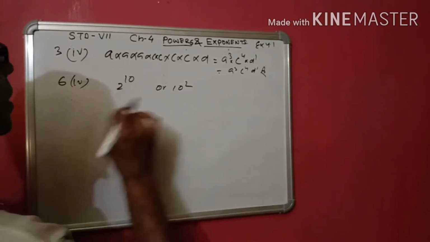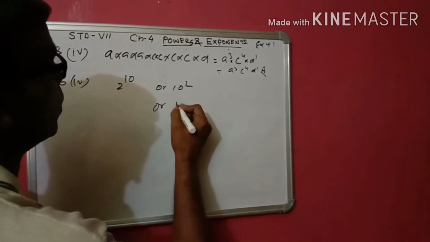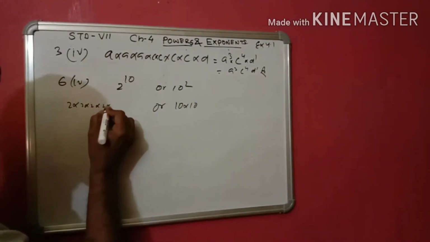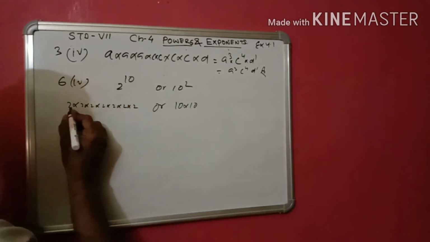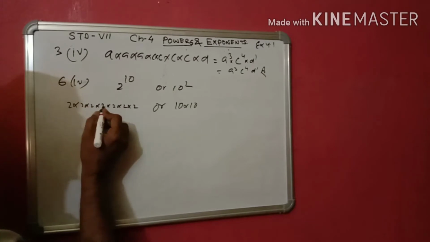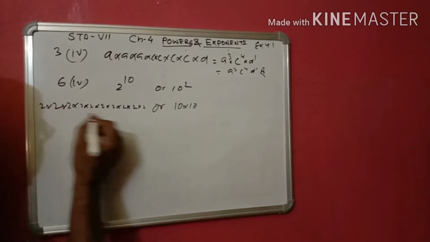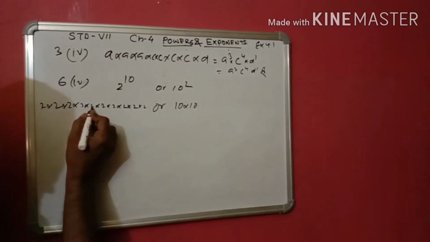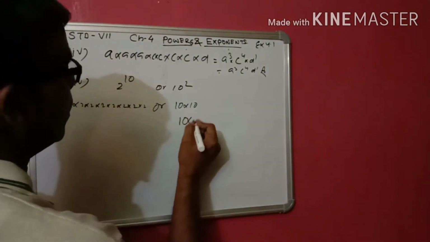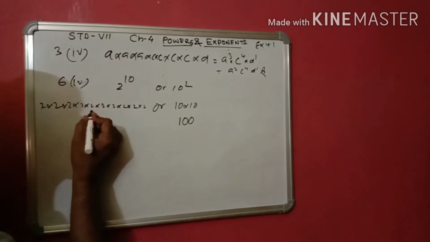Here it is 10, and here it is 2, so I can write this as 10 into 10, and this as 2 into 2 into 2 into 2 into 2 into 2 into 2 into 2 into 2 into 2. Count: 1, 2, 3, 4, 5, 6, 7, 8, 9, 10. Here 10 into 10 is 100. Now 2 2s are 4, 4 2s are 8, 8 2s are 16, 16 2s are 32,